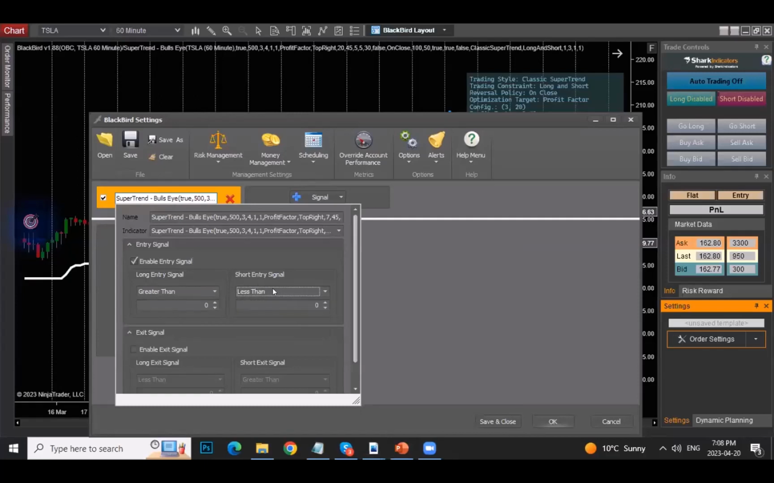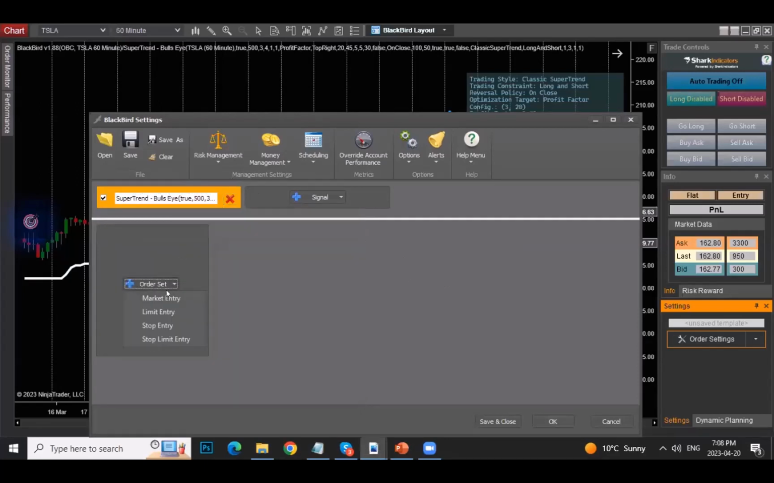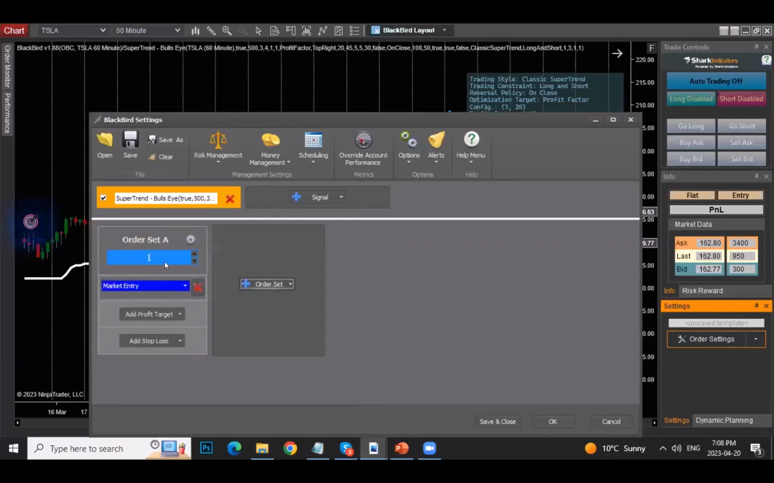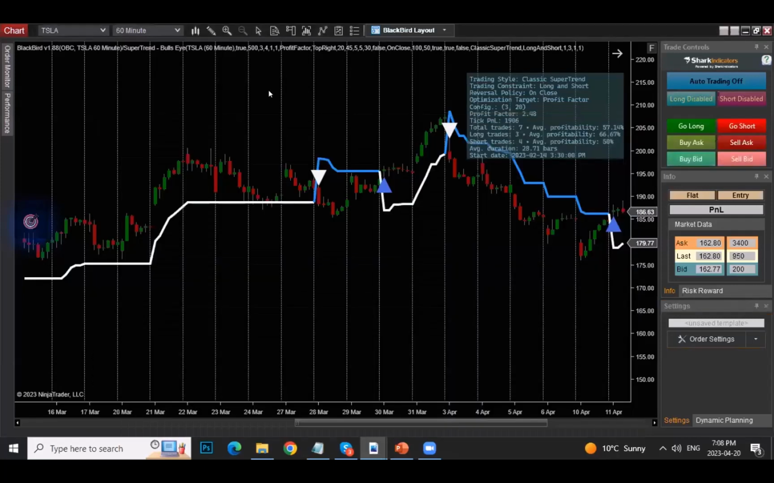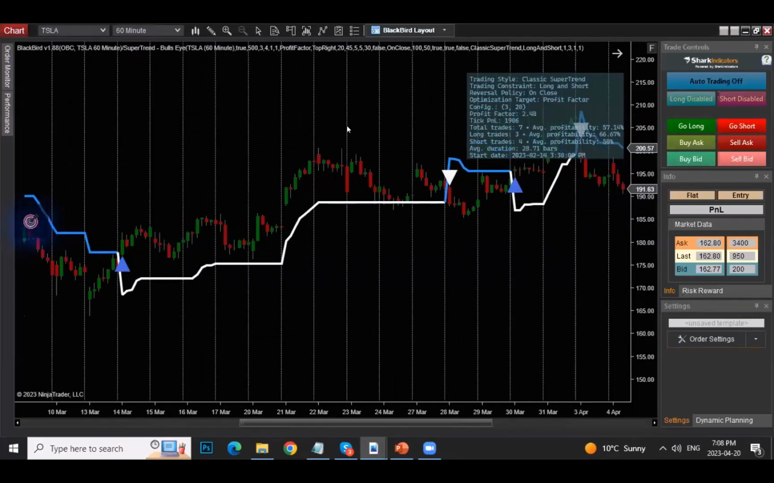I don't want them, so I'm just going to leave it at less than. They're never going to generate. So now we have our logic for our entry. I can now click a market entry. Okay, and at this point, hopefully what we'll see, and we're not done with the strategy, is that it will take,